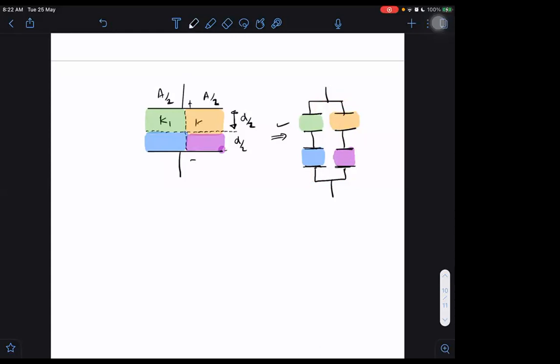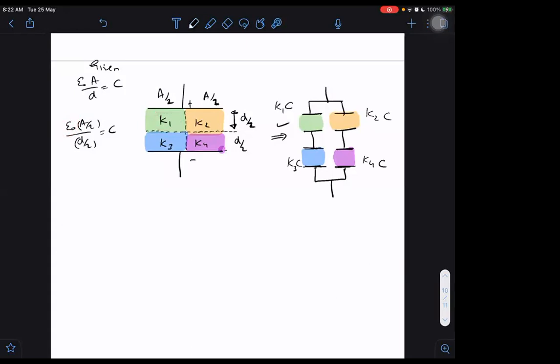So if it is K1, K2, K3, K4, what will be the capacitance? Let us say it is given that epsilon naught A by D is equal to C. Then it also tells us that epsilon naught A by 2 divided by D by 2 is also equal to C. No change in capacity. But effectively K gets multiplied: K1 C, K2 C, K3 C, and K4 C. You understand that? Because when K gets multiplied, it becomes K times the capacitance.